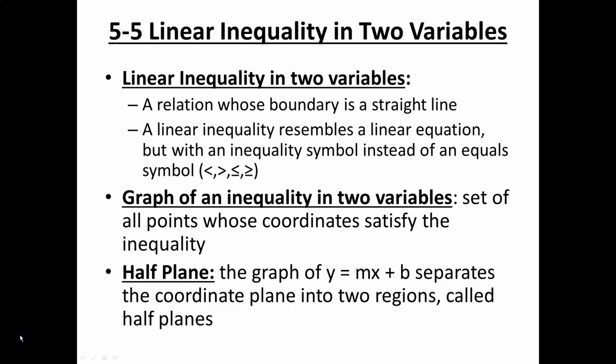Okay, 5-5, linear inequality in two variables. A linear inequality in two variables is a relation whose boundary is a straight line, and it resembles a linear equation, but the inequality symbol is there instead of an equals. So you're going to have a less than, greater than, less than or equal, greater than or equal instead of an equal sign. The graph of the inequality is a set of all points whose coordinates satisfy the inequality,